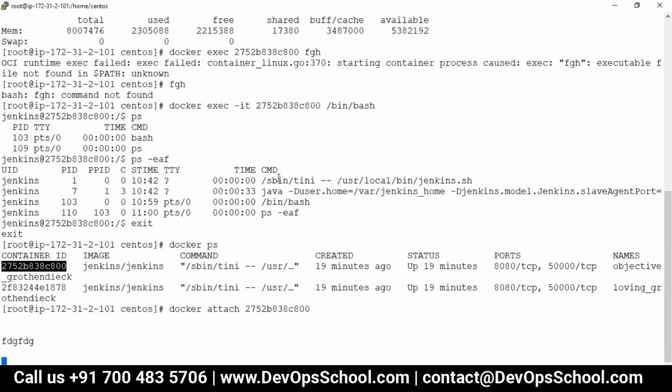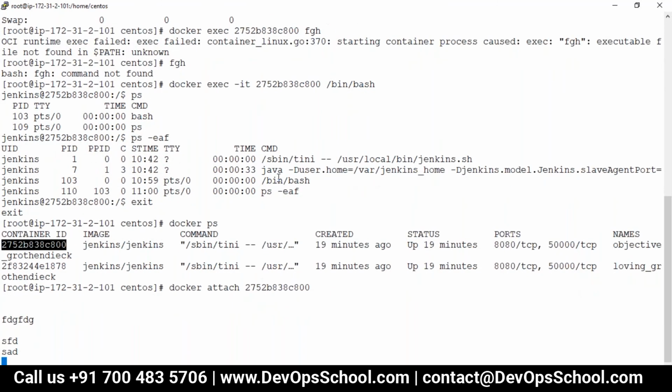You are not a shell. You are tini. So tini doesn't understand your command. Only a shell understands your command. So yeah, if you run Jenkins from the front end, you will see the logs of this Jenkins populating here.